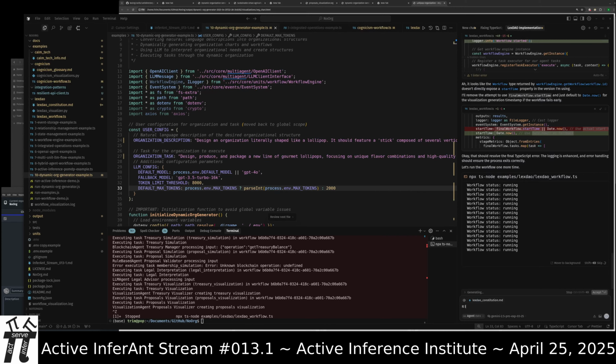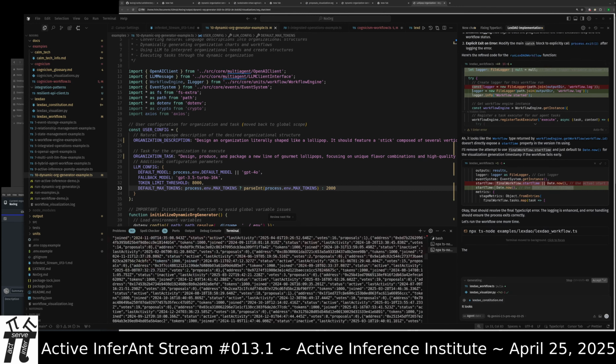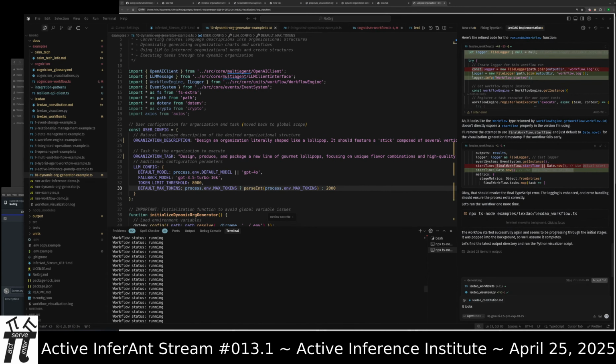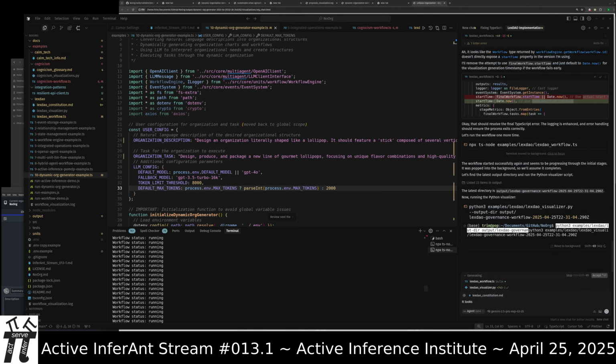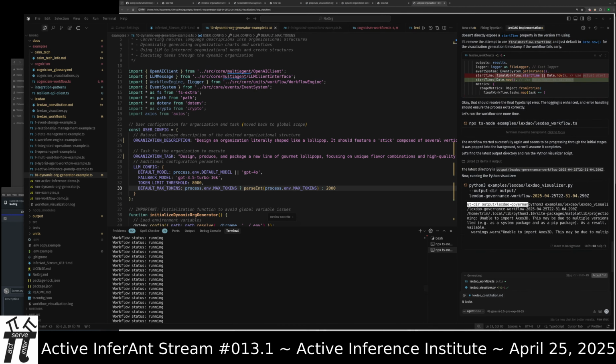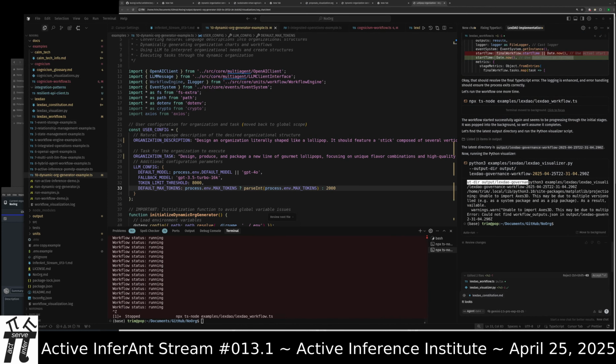It looks, but it's still generating. It looks like it stalled here.